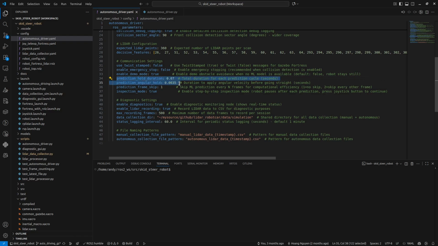I want to mention something very important under the communication setting: the prediction hold duration and prediction angular hold. What does it mean? It's related to the concept I mentioned earlier, that we don't want to make predictions on every data frame that we receive from the sensor. This is inefficient, and I already talked about that earlier. So we will run the inference only, and the inference will be held for a period, and that is the purpose of these